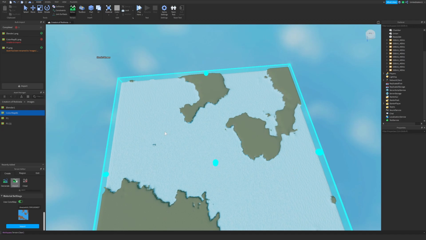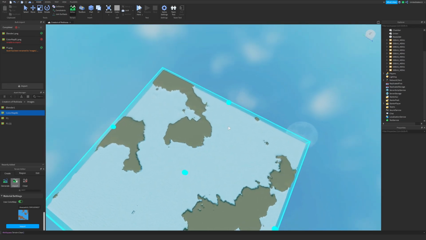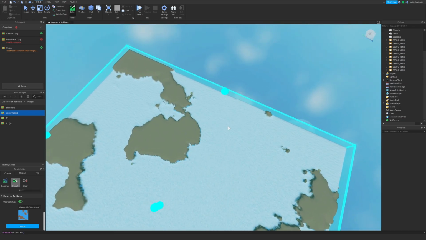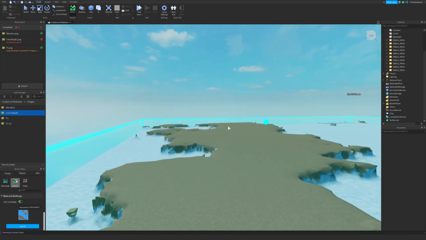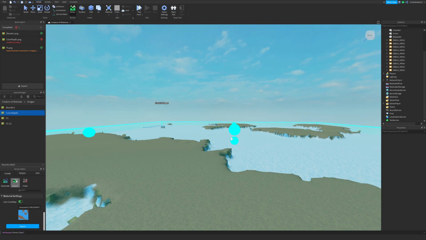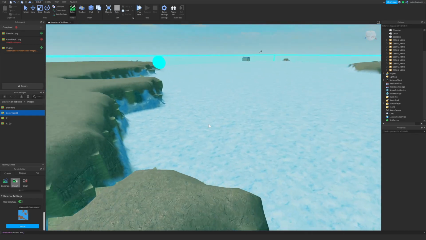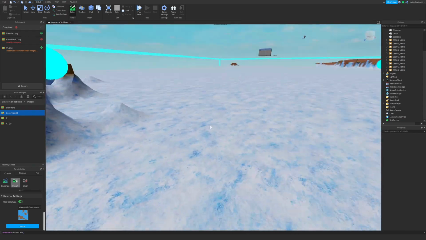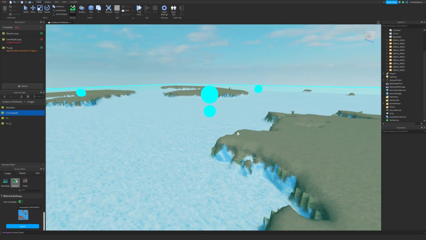Now the importance of scaling it is so critical here, because this will change how well your height map works. For example, if we wanted it to be Earth scale and look like actual islands, we'd have to make it much larger than this. But this is fairly accurate. This is pretty nice. I'm going to go ahead and also show you guys a larger scale version of it. You can change the overall height of your height map, so you can have your lake area higher or lower, so your water could go very deep or it could be very shallow.